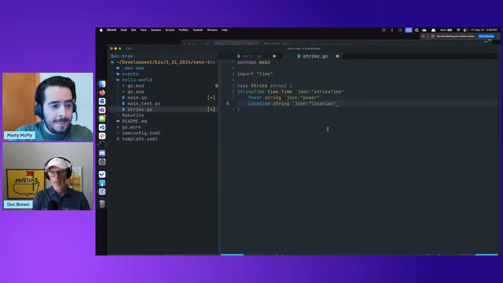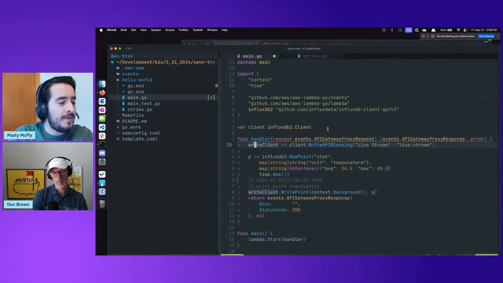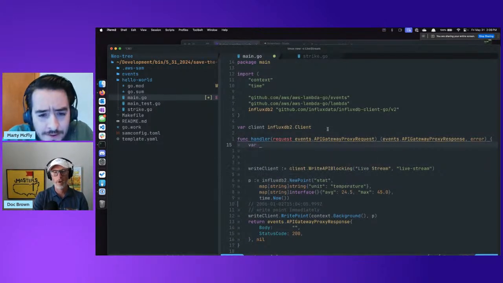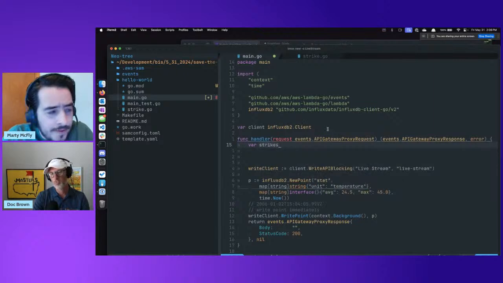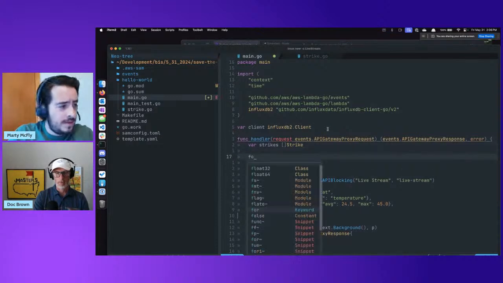Cool. So now what we could do is create a var of strikes. We'll call it an array of strike. And then we'll do a for loop.